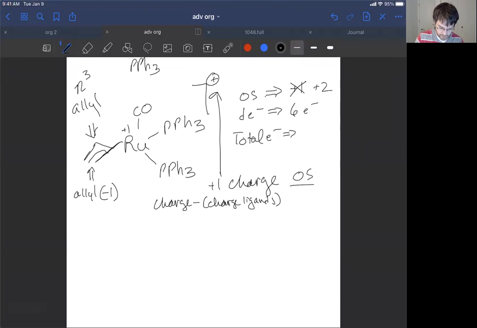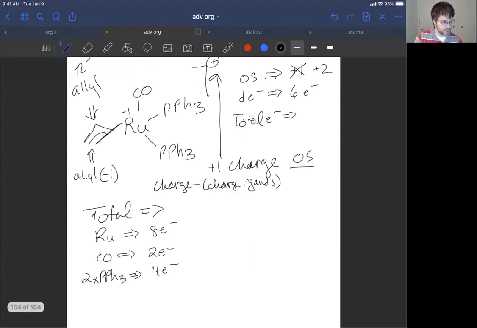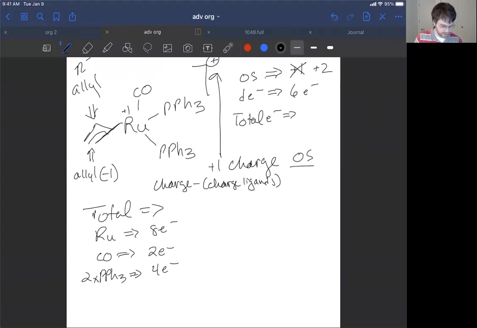So from ruthenium, we're going to have total electron count. I'm just going to write it down here. I've got space. Total, we've got ruthenium, which is going to give us 8 electrons. CO, which is going to give us 2 electrons. Carbon monoxide's a Lewis base. It's just providing the lone pair, would otherwise be neutral. PPh3 is going to give us 2 electrons, but we have 2 of them, so we get 4 electrons. And if we have 4 electrons there, what do we have left? Allyl. Allyl is going to give us